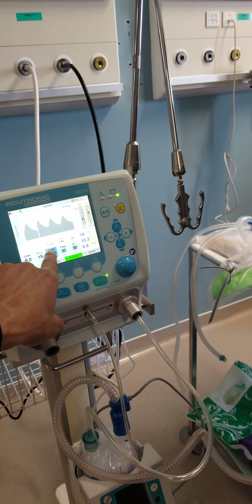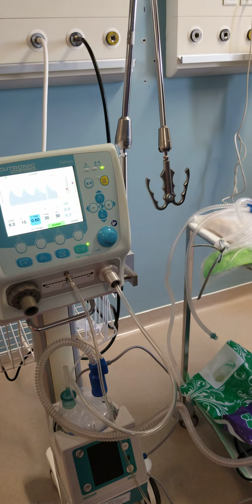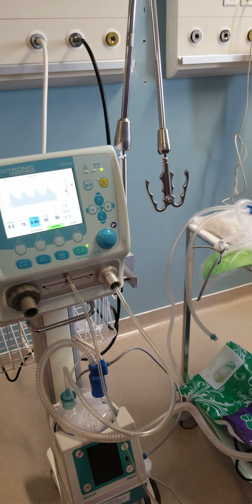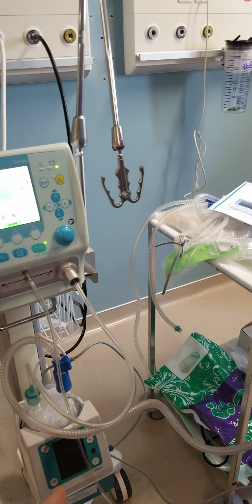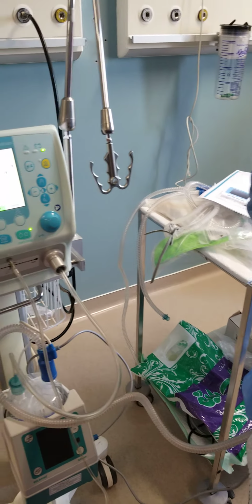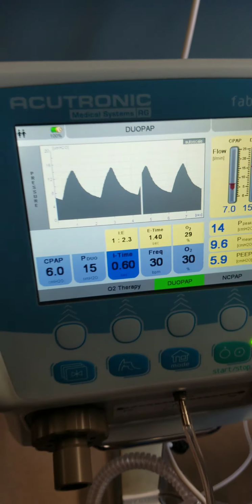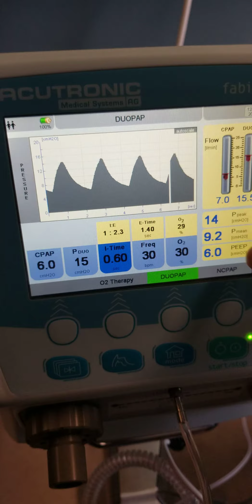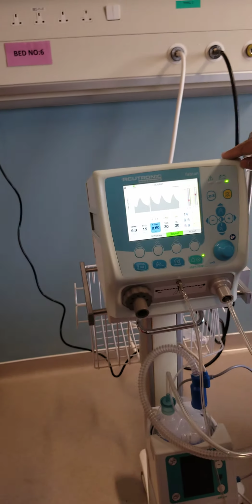So let's say 60 seconds, and you say inspiratory time is 1 second, and the rate is 30, meaning you have 30 in use and the other 30 is not used. So the E time will be 1, and the ratio will be 1 to 1. So it's automatic. And you have the measured values as shown here. This flow is what is shown here.